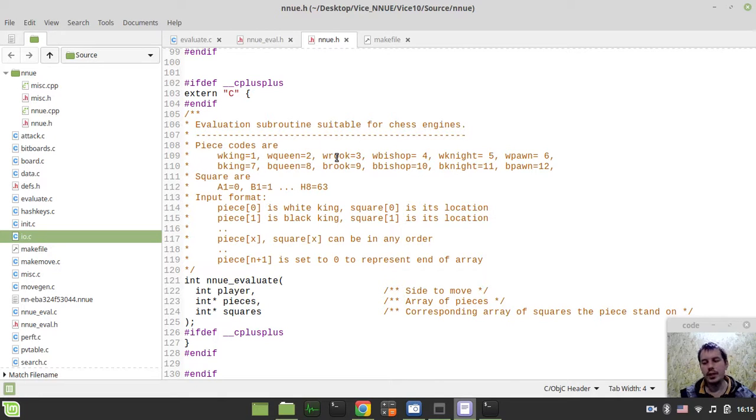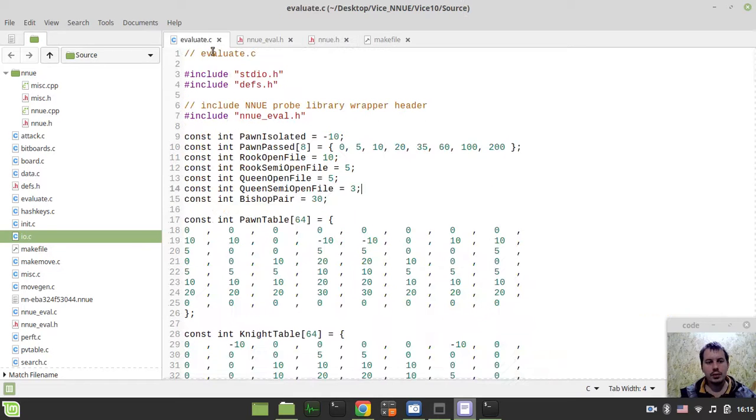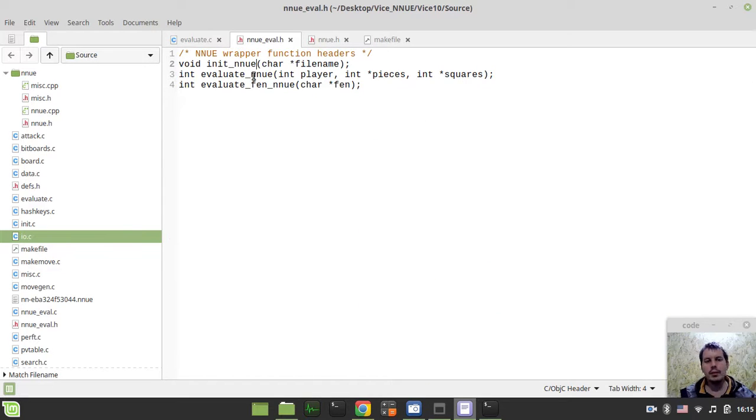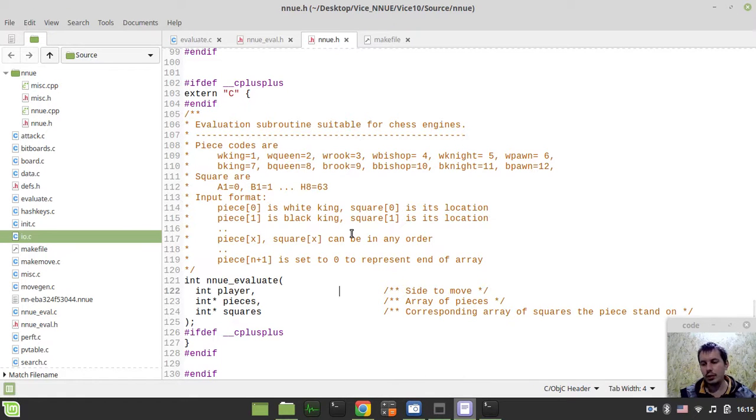But that's a little bit too complicated, and my goal is just to show you the proof of concept. So we would be using the easiest way: just using this NNUE evaluate function wrapped into evaluate NNUE. And now let's have a look at the parameters that we actually need to pass to this sort of function. So player is the side to move, pieces is the piece codes, the encoded versions of every piece, and squares,